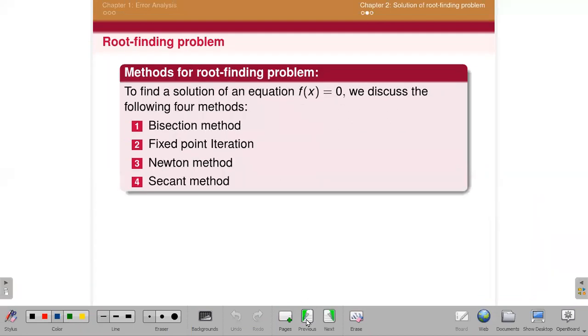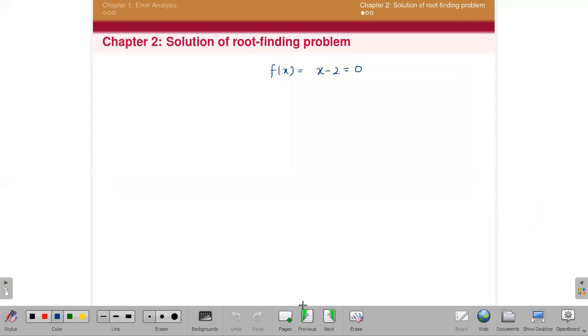So let us take one little bit introduction for this root finding problem. In the root finding problem, actually we will use the various techniques here to find the root of any non-linear equation. But I am taking a linear equation. So if I am taking a linear equation, it is simple to find the root of this type of equation, x is equal to 2. So if I am taking non-linear, just one degree more, means quadratic equation, I'm taking x square plus 2x plus 3 is equal to 0. So again, it is easy to find the roots of this type of problem by using analytic method, that is x is equal to minus b plus minus square root of b square minus 4ac divided by 2a.